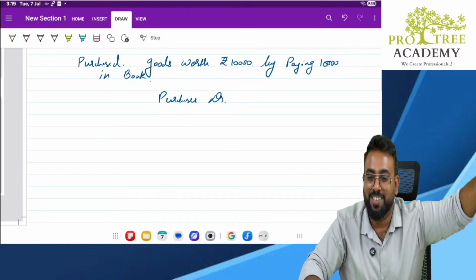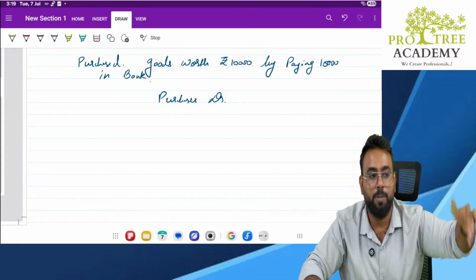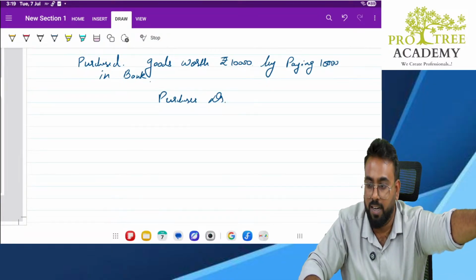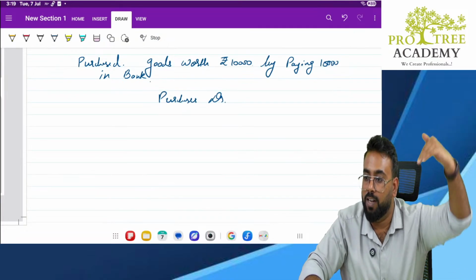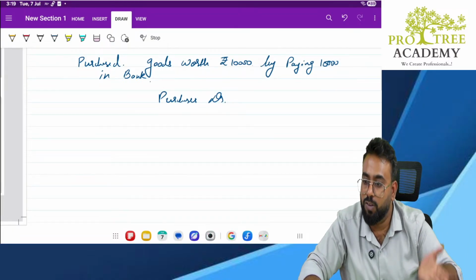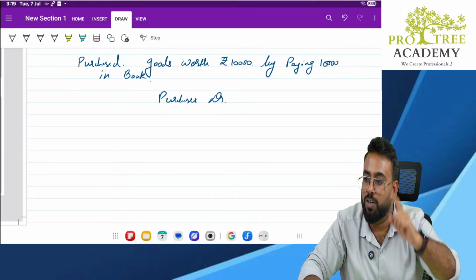Correct? It is a resource controlled by the entity from which future economic benefit inflow is expected. That means I can convert it into cash. I can purchase something from that bank balance. Correct or no? Yes, so it is an asset. Now, whether my asset is going up or coming down. When I make payment from the bank account, whether my bank balance will go up or come down? Come down. So when asset comes down, it should be